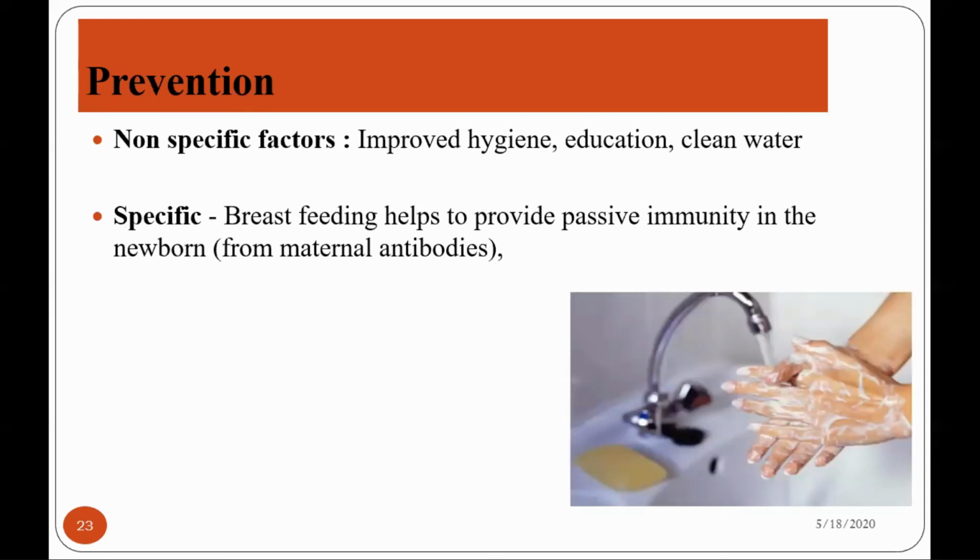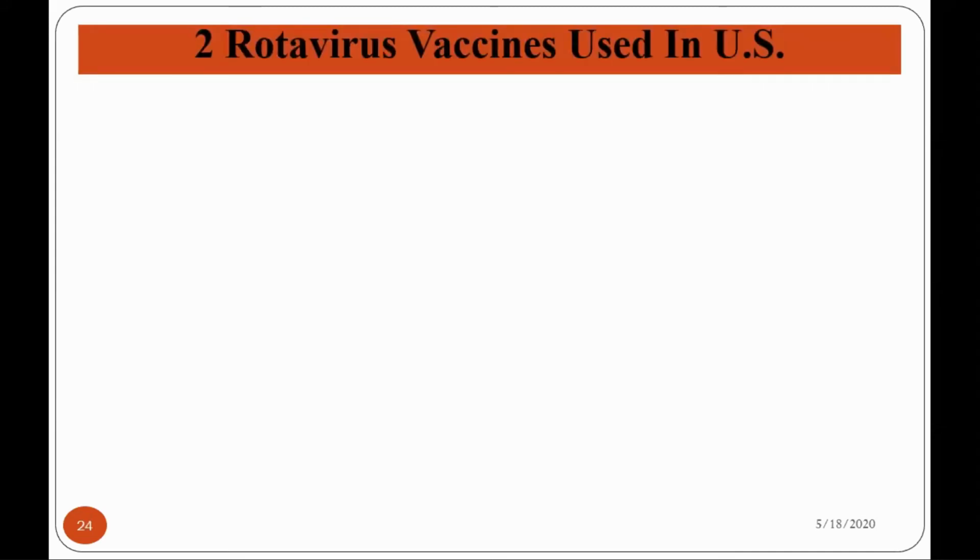So proper hand washing and sanitization practices are the most important things which prevent us from infection by rotavirus. While washing hands, one should use soap and warm water, and wash their hands properly for at least 20 seconds. Rotaviral vaccines are also available.